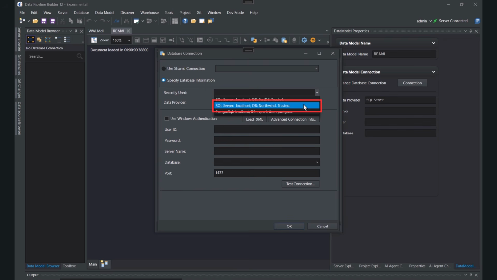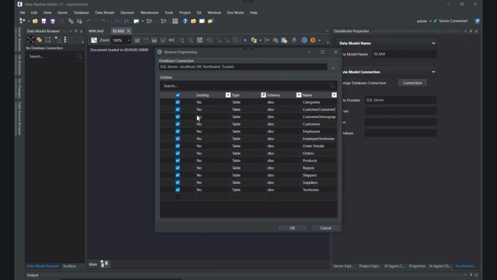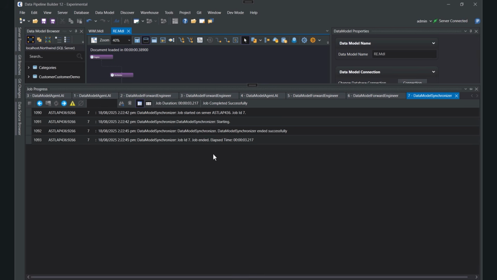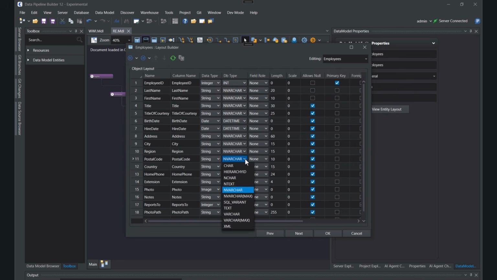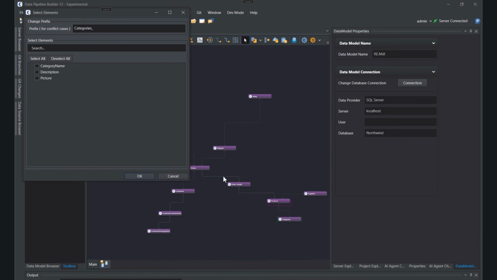In this example, you're working with an existing SQL Server database and want to move it to a cloud provider to improve scalability and access. Using reverse engineering, you can instantly pull its metadata and create a visual model of the schema. From there, you can update entities, attributes, and relationships, combine entities where it makes sense, or add new ones directly